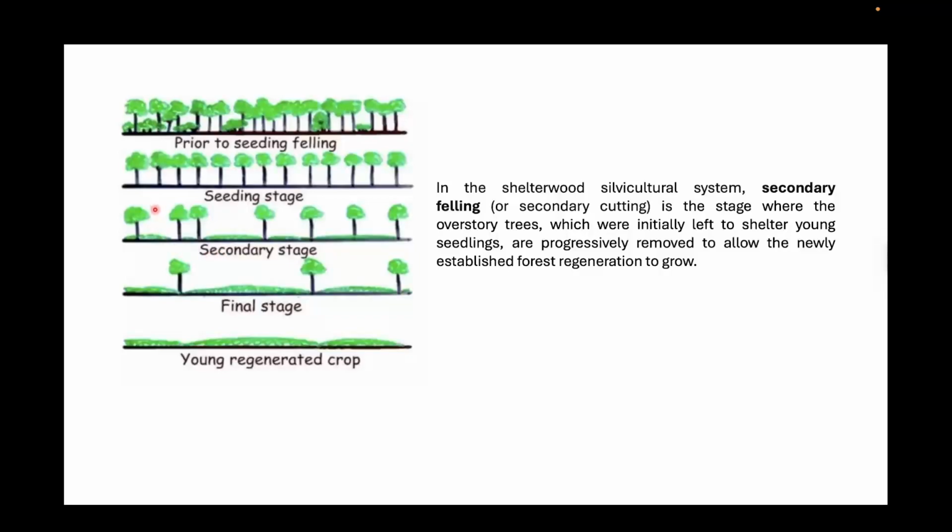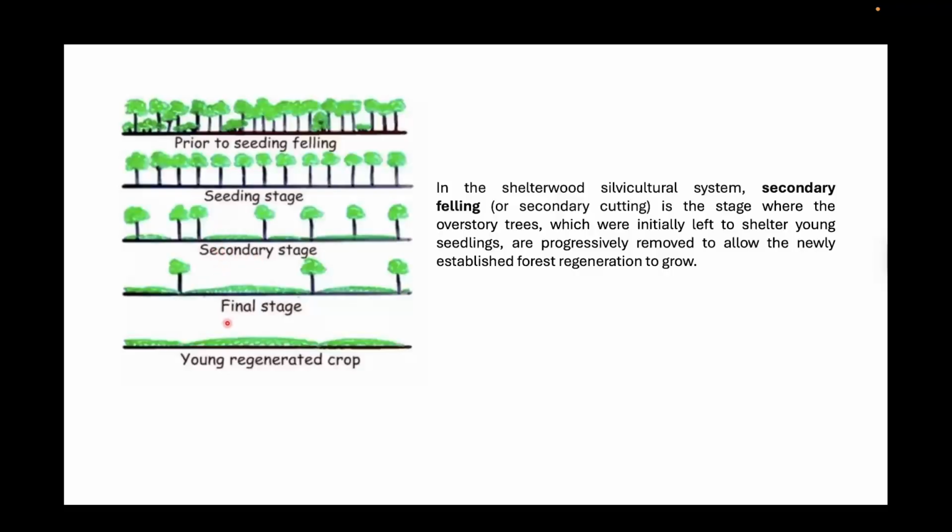you actually open up the canopy to allow the sunlight to pass through the growing crop into the ground floor, into the forest floor and the understory level, so that the forest stand or the newly growing saplings are supported by the light and nutrients. This will also reduce the competition between the newly growing crops and the already existing shelter wood in the secondary stage, which is mostly done by cutting the canopy, by felling the trees with larger canopy and overwood, removing the